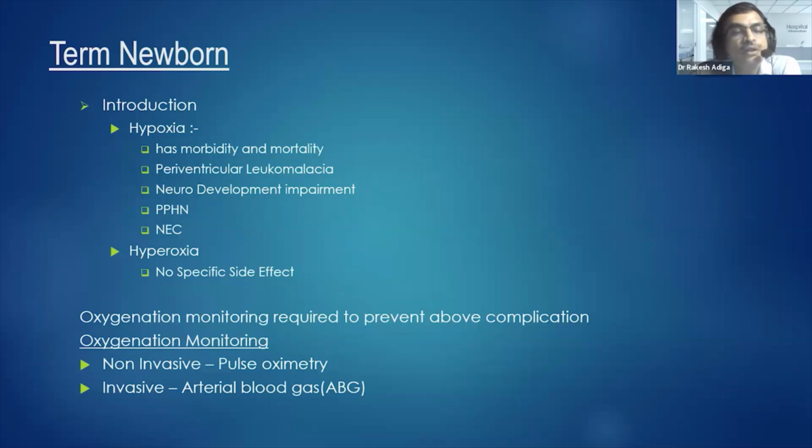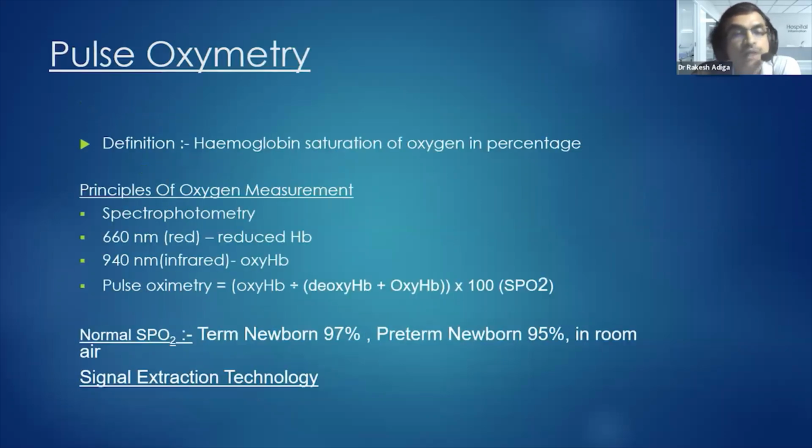Oxygenation monitoring we can divide into non-invasive and invasive. Non-invasive is pulse oximetry, and invasive is arterial blood gas monitoring, which we have already discussed in the previous class. Pulse oximetry is defined as hemoglobin saturation of oxygen in percentage. What is the principle of oxygen measurement in pulse oximetry? It's basically spectrometry. We keep a transducer which emits a red light, that is 660